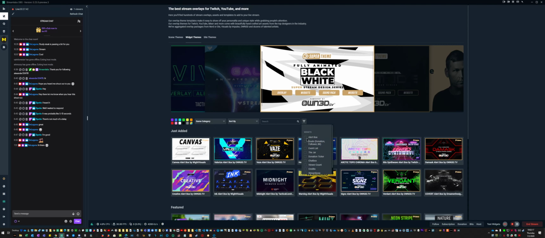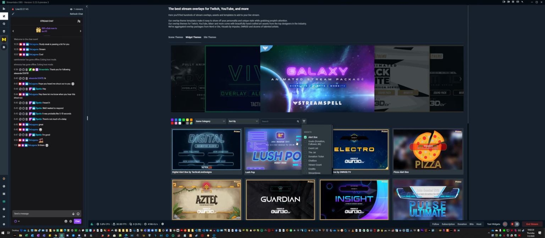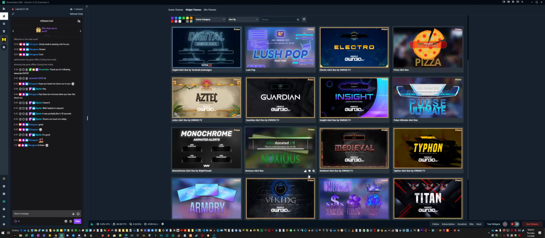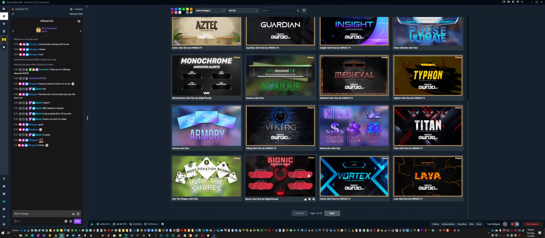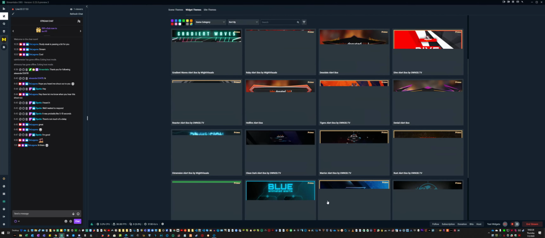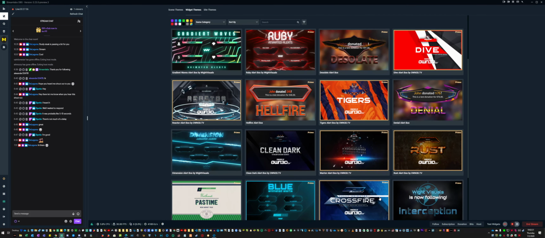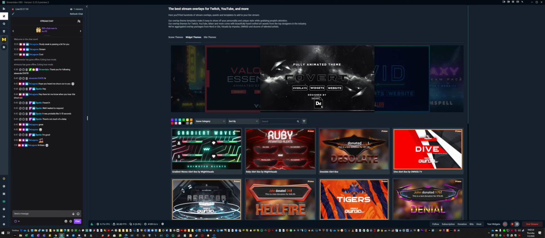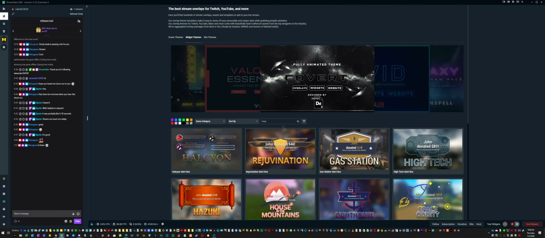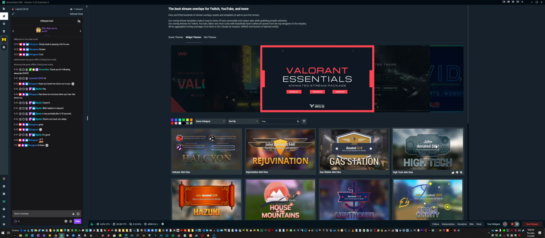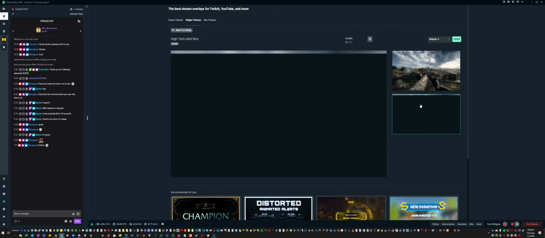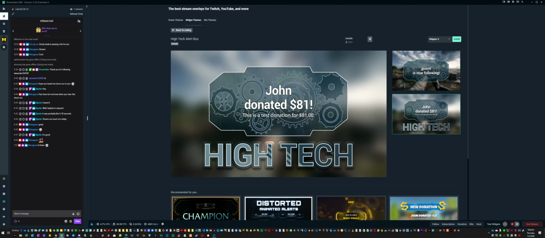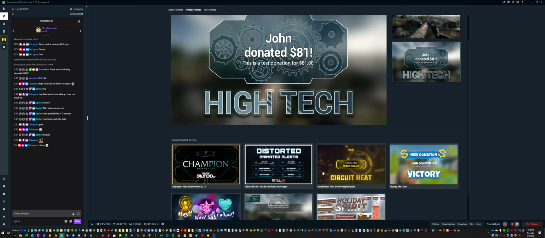But let's look at the alert box and see what we got. Is there anything for the non-money bags? Look at all this Prime stuff. I remember when there was no Prime stuff. So that's kind of disappointing. Let's try this. Yay, free stuff. Oh, here's a high-tech one. That looks kind of cool. Let's check it out. So this is another cool thing about StreamLabs. A lot of people have already created themes, and you can do Prime and get whatever you want, or you can use